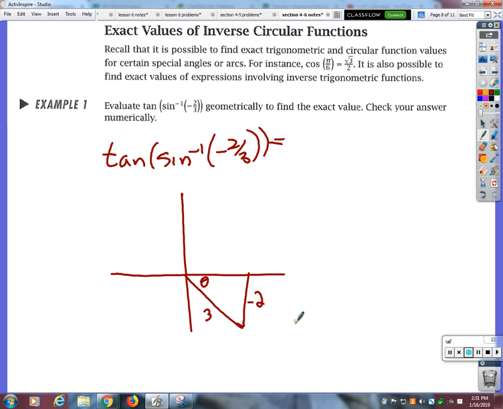Because sine is opposite over hypotenuse, opposite is negative 2, hypotenuse is 3. Okay, based on that triangle, what is the missing side going to be? So I can go x squared plus negative 2 squared equals 3 squared. No, because we have to subtract them. So that means x squared plus 4 equals 9. Right? So if I subtract those, x squared equals 5. So that means the missing side of our triangle has to be the square root of